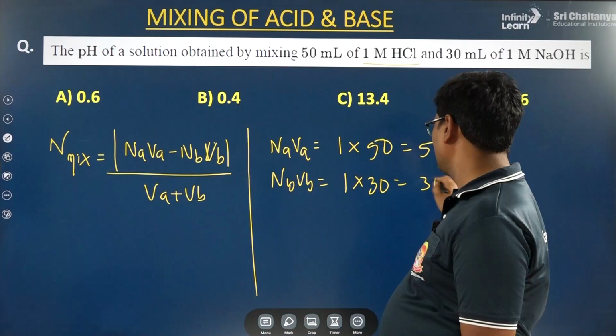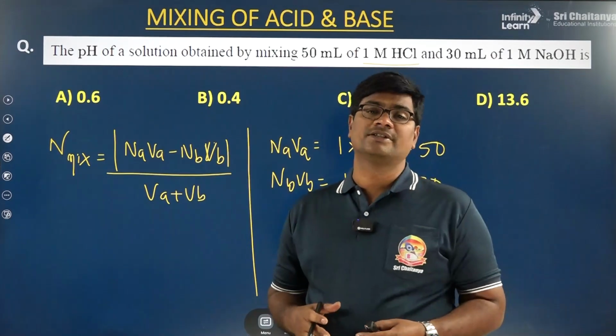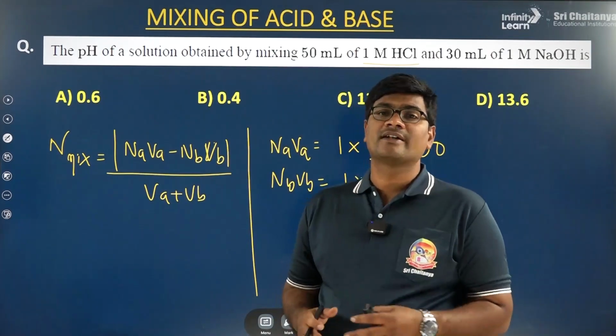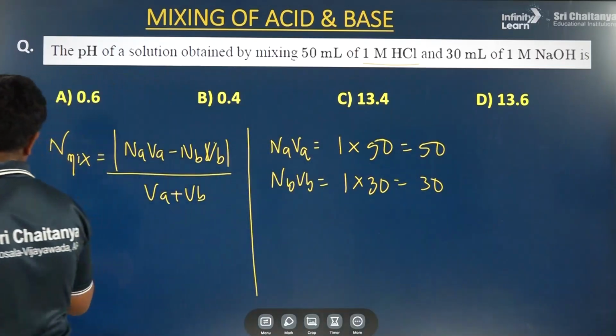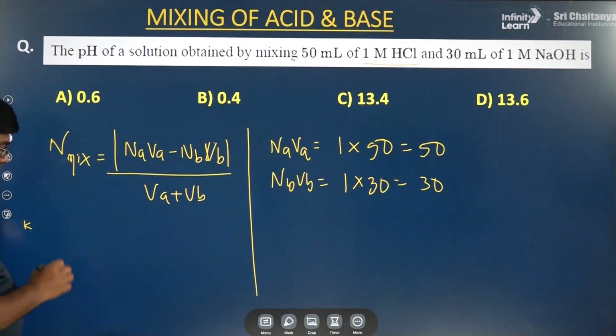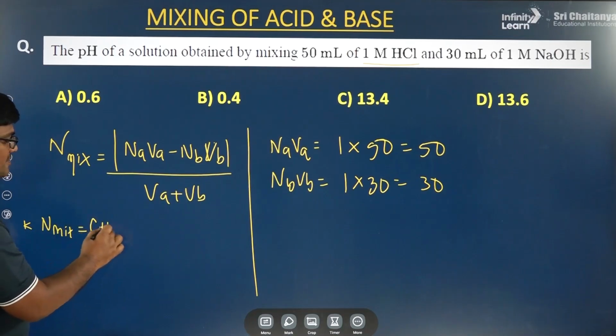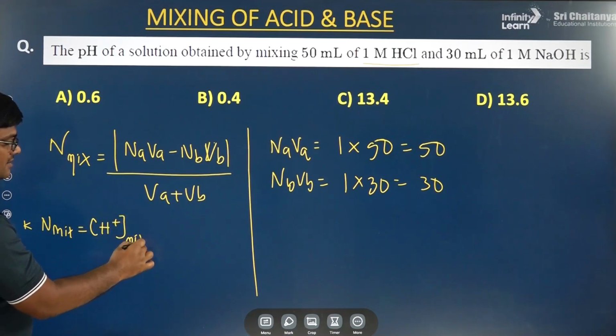30. Therefore, 30 we are getting. So, which is higher in value here? Here NaVa value is greater than NBVB value. Then what is Nmix here? There are 3 clauses here I am writing. Do look at here. Nmix becomes the concentration of H plus ion in the mixture,